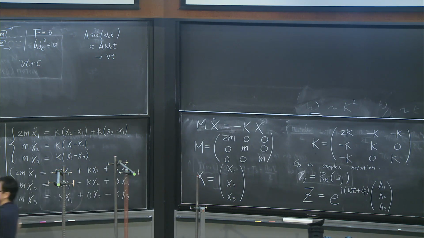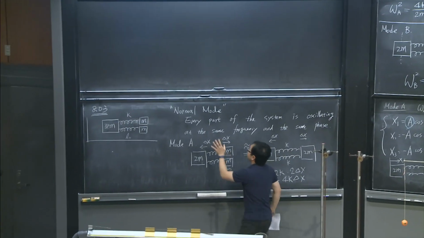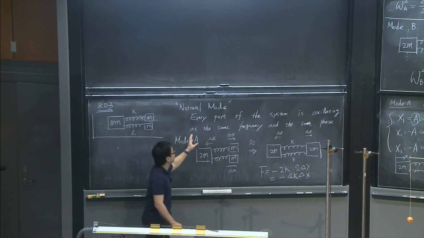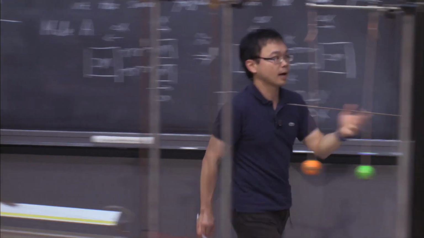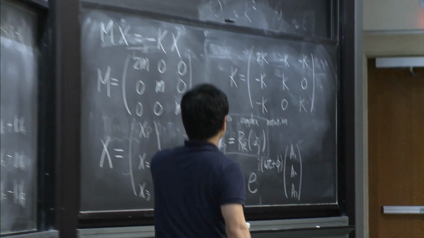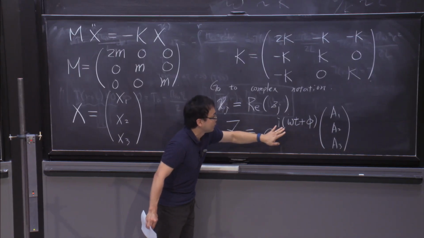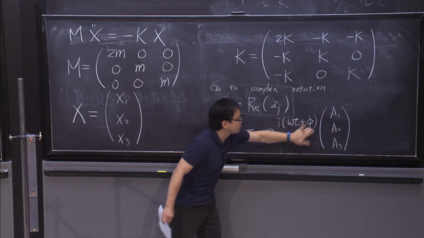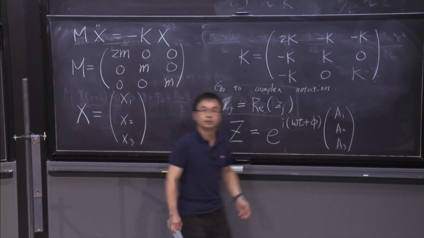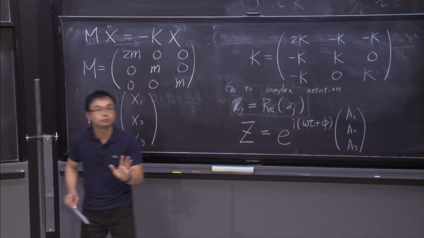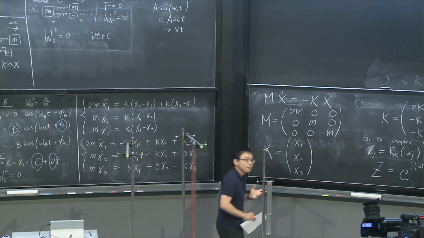Oh, that's the definition of the normal mode. Every part of the system is oscillating at the same frequency and the same phase, and we use that to construct my solution, which in the complex version is exponential i omega t plus phi, oscillating at the same frequency, at the same phase, and those are the amplitudes, which I will solve for later. Okay? Any questions? I hope I am not going too fast. Okay? If everybody can follow,